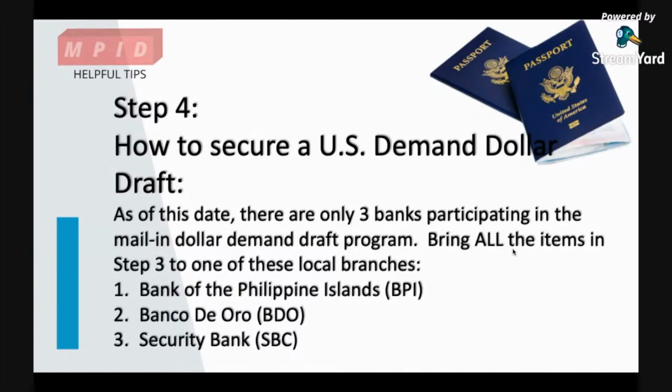What you have to do, and what it doesn't tell you on the U.S. Embassy website but was told to us by the BDO rep for this program, is you have to bring all these items in to your local branch. Now, this is for BDO. I don't know if BPI or Security Bank also require this, but our local branch of BDO said all those things that you have in your package, your passport, your photos, your filled out DS82, everything that's inside there,